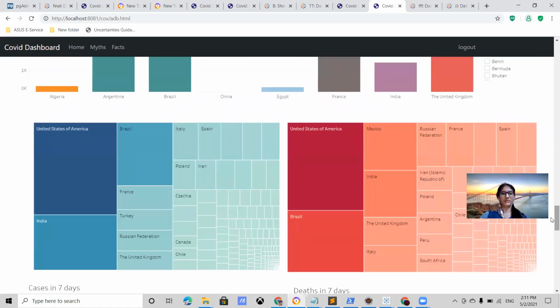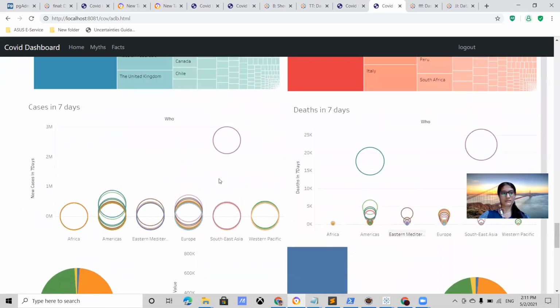Now let us see the tree map. We are able to see that this is working. Then let us see this, cases in 7 days. Yes, it is working. Next, deaths in 7 days. Okay.